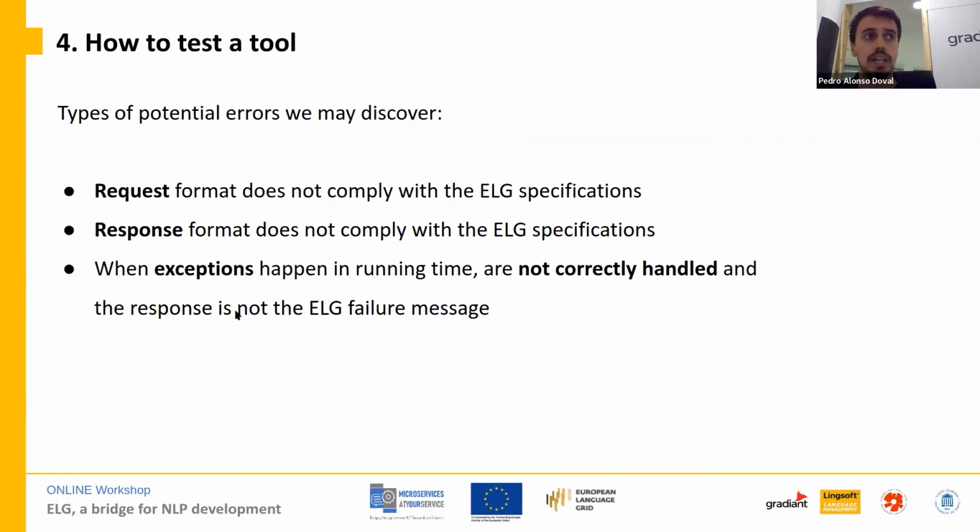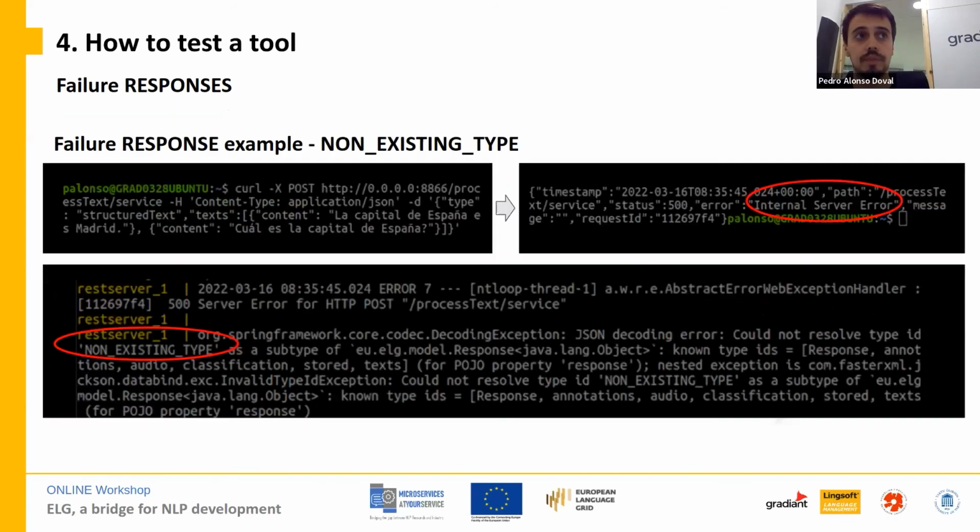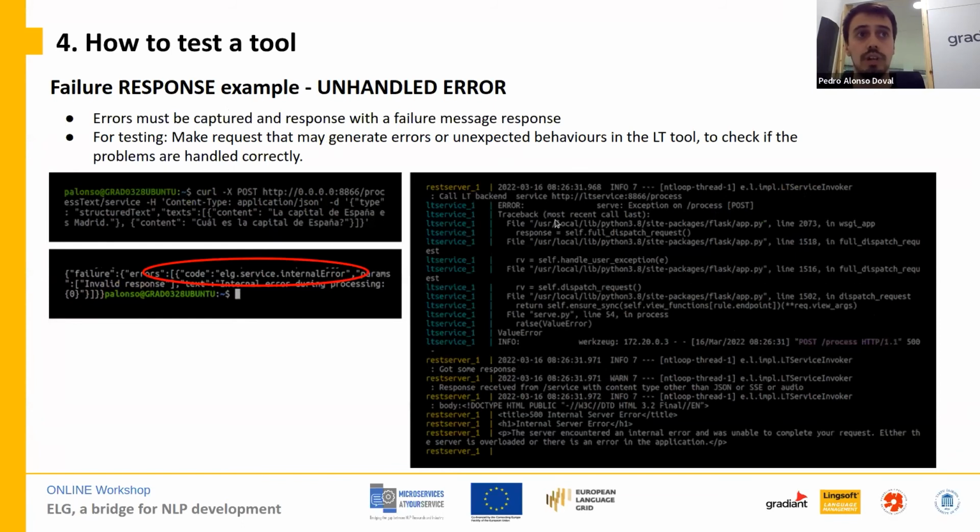And finally, the case of when there is an exception in your tool that is not correctly handled. When there is any exception that may happen during the execution of the tool, what it should answer is with a failure message, but the failure message that we saw before, that is the one specified in the API. But if an exception is not captured, for example, it may respond with an internal error,